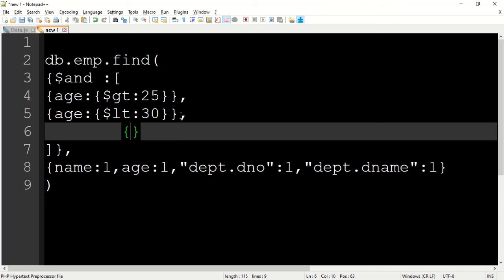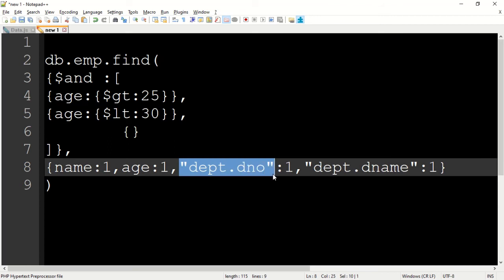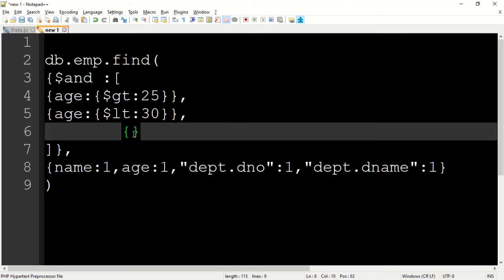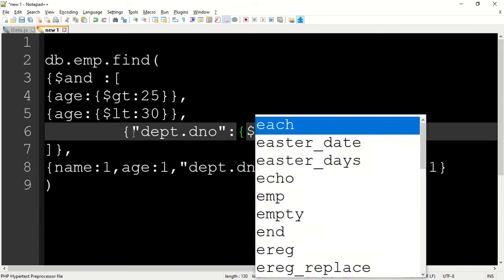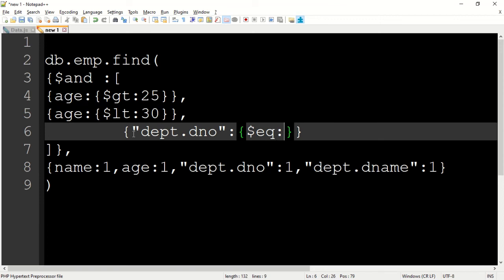The condition is department number. Department number colon, now that should be equal to 40, so we say again a curly bracket and we say dollar eq, equal to how much? 40.